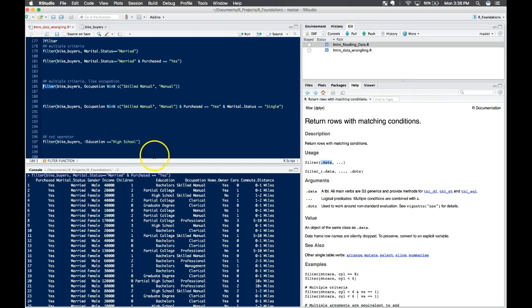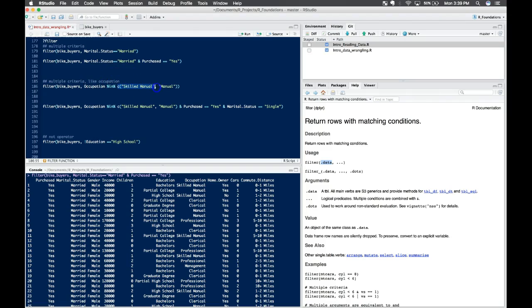And this is for a single column multiple criteria. So this was two different columns multiple criteria, but this is a single column. So we're going to say filter bike buyers, so that's the data set. We're going to filter on occupation, so right here, this column. We're going to use this funny function. It's called piping. So basically this little syntax here is us saying we're going to send this into the next